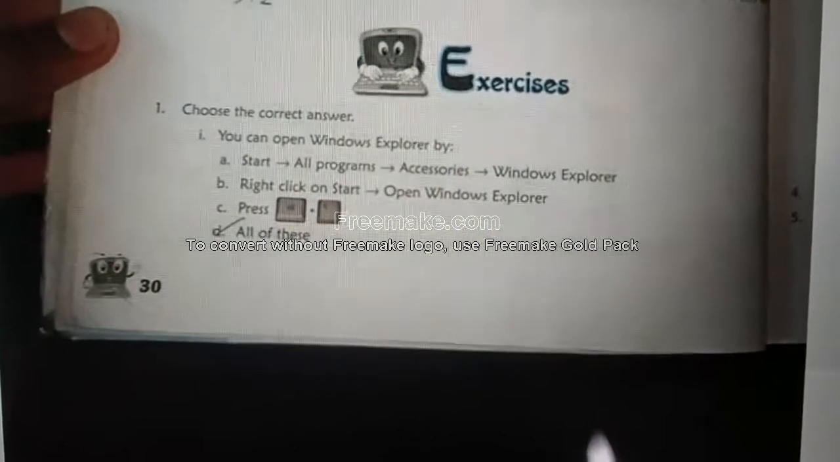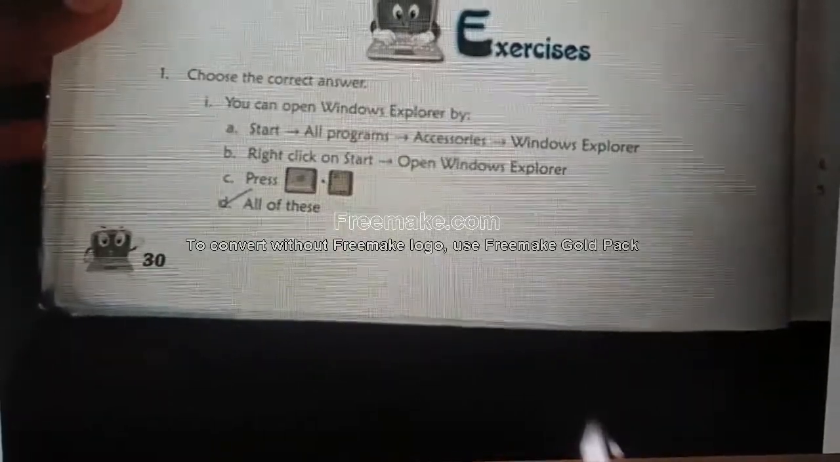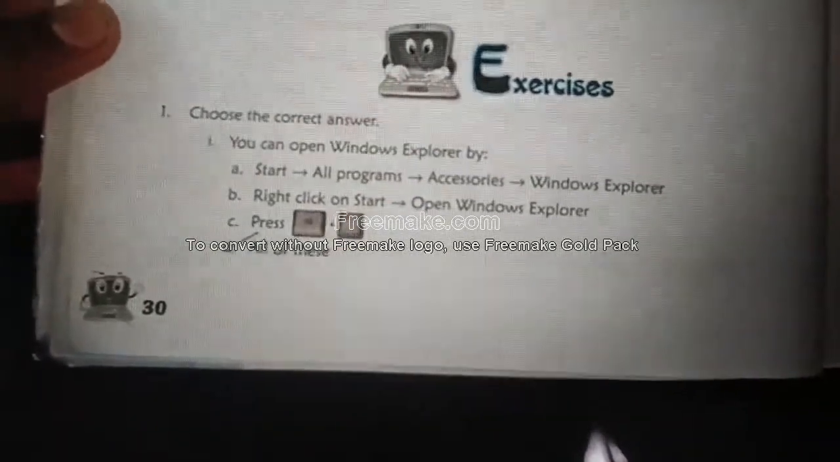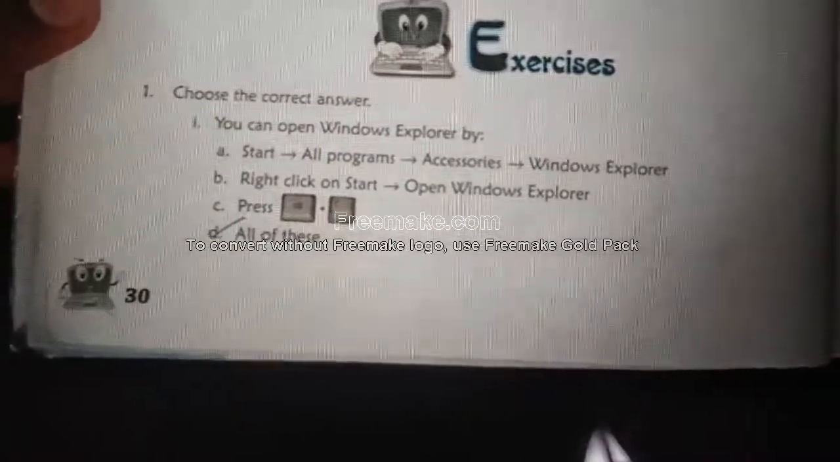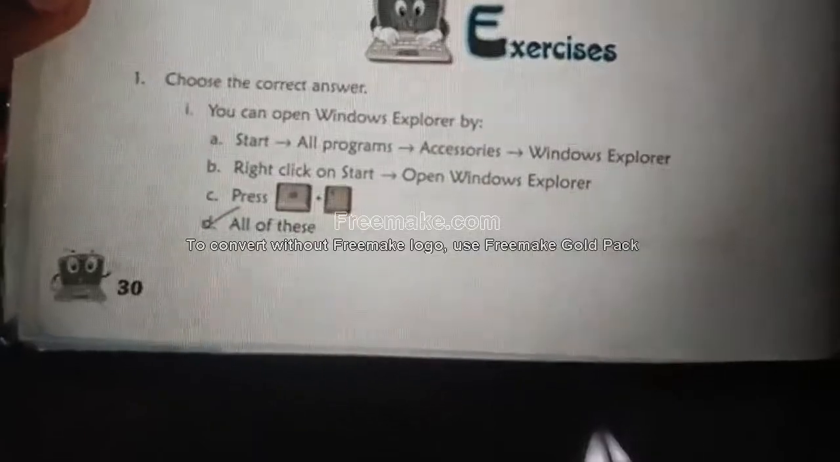Okay, now what we are going to see is the book back of the second unit. Open page number 30. First, choose the correct answer. First one, you can open Windows Explorer by